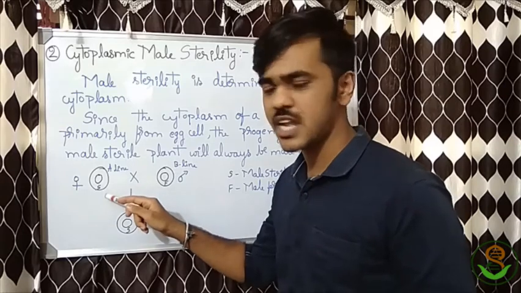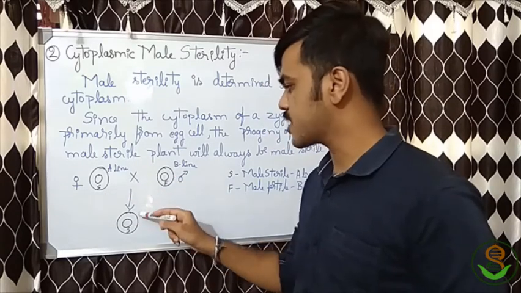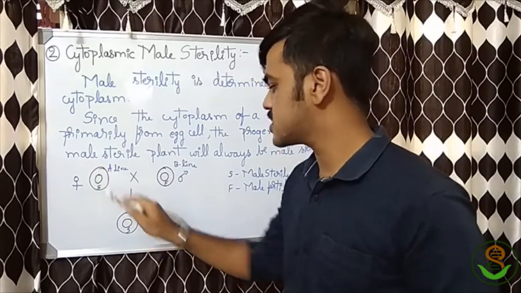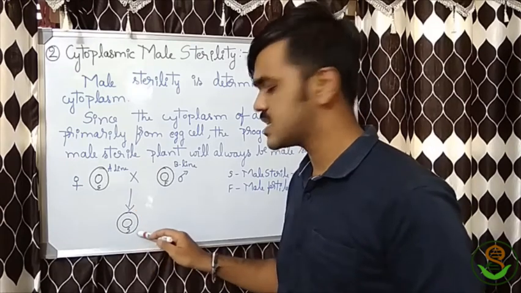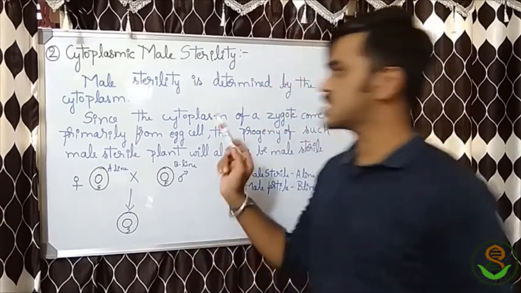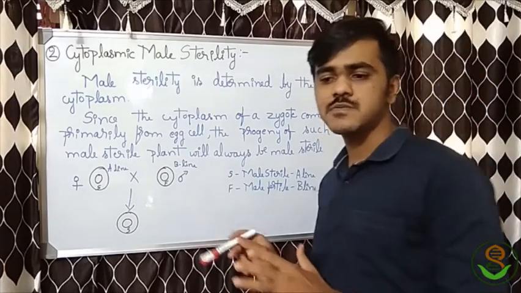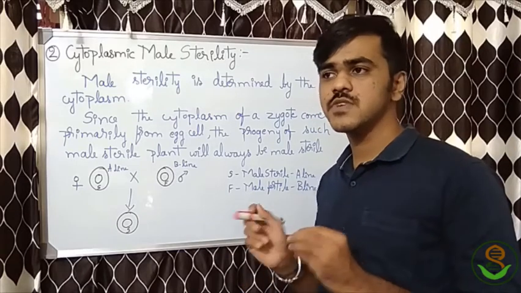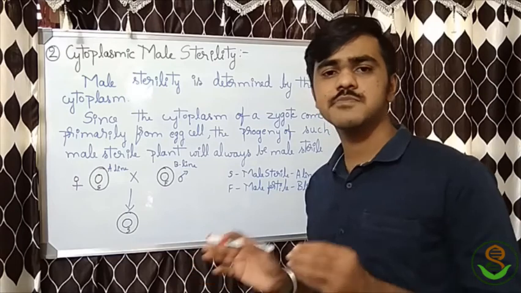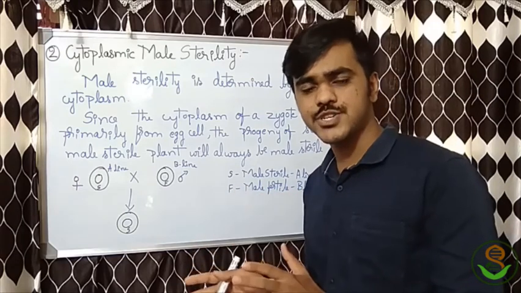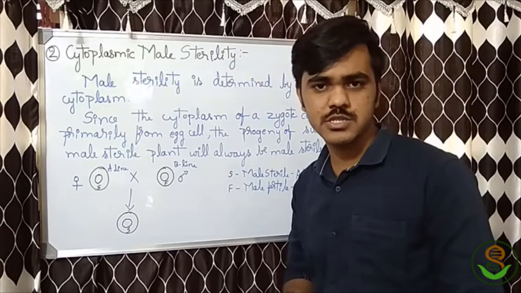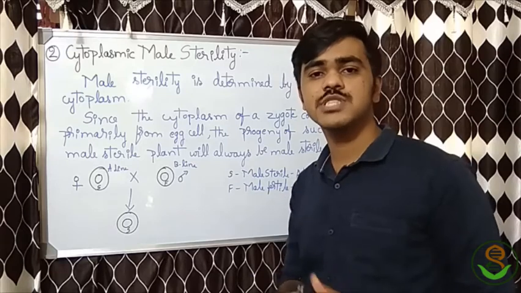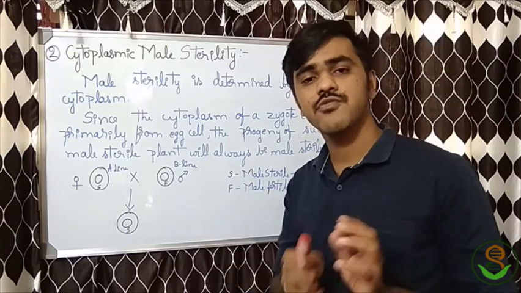In this it contains a sterile gene, in this it contains a fertile gene, and the progeny will get this nucleus fused with this nucleus, and the cytoplasm obtained is from this, and the resulting will be sterile. Thus this cytoplasmic male sterility does function, and it doesn't contain R line. Here we don't need R line, so it is very easy, and it is mainly used in crop species where seeds are not end products. And dear friends, generally we use them in maize, that is for the double cross